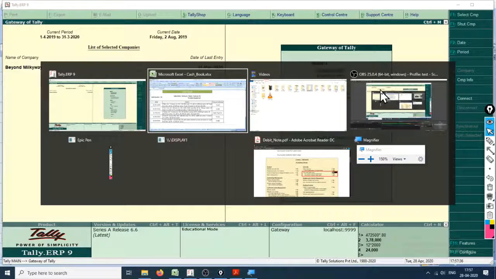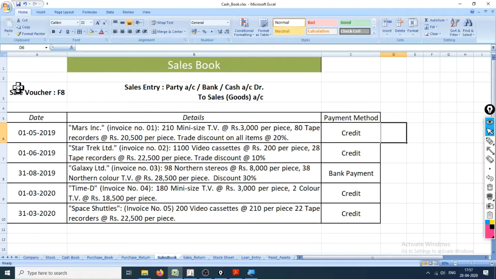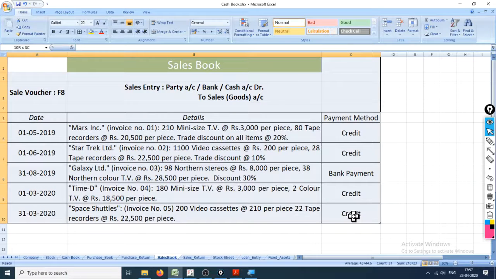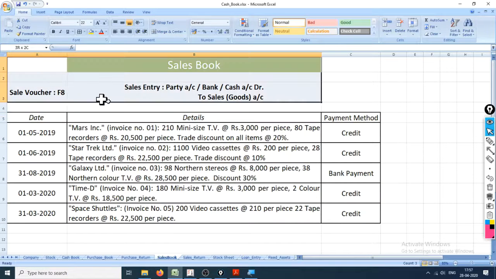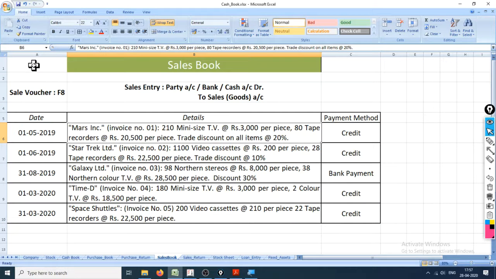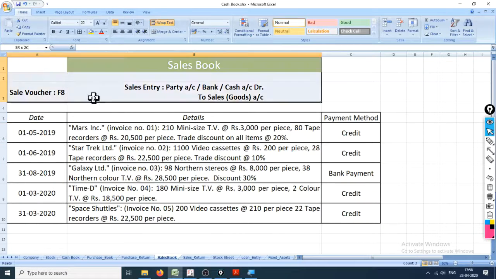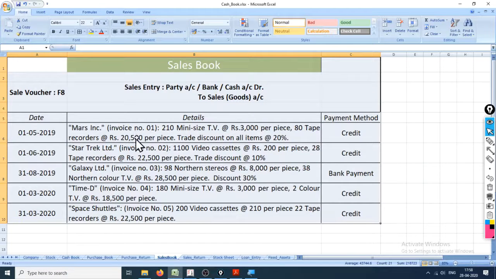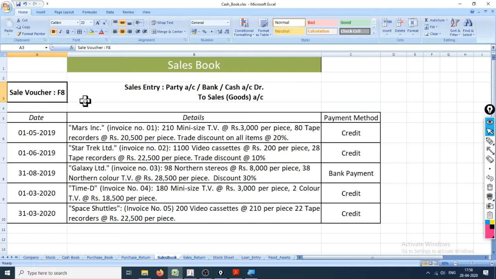Hi, welcome back to this series of master question creation, in which we are at this stage where we will enter sales book and then we'll have sales return. So there are only much entries of sales and purchase. For the rest of the entries, we'll only be trying one or two of them, so you don't have to worry about the lengthiness of the process. Also we are going to learn how to create a sales invoice by automation with the help of Tally. This right here is the sales book, and the sales voucher hotkey is F8.